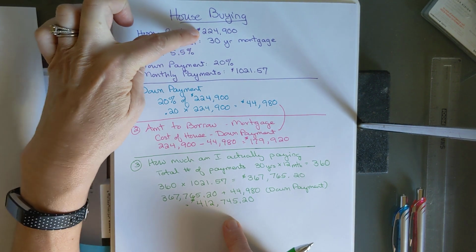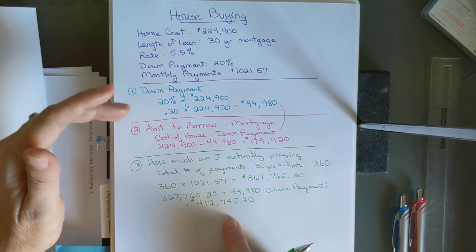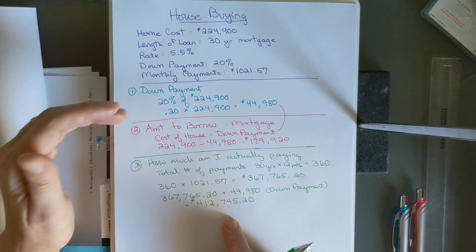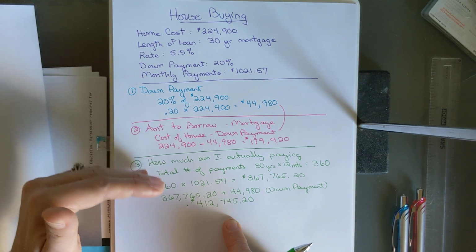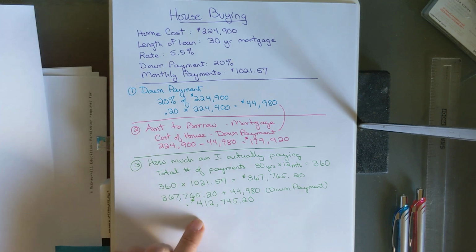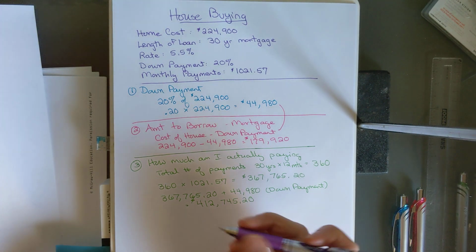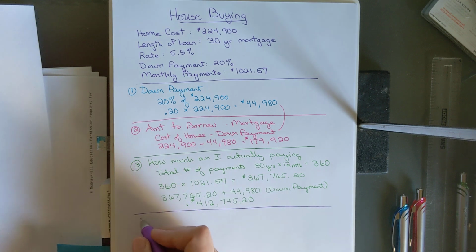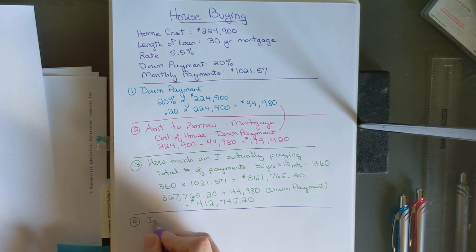So here I am, I'm buying it, it's for $250,000. 30 years later, after I make my down payment, I borrow the money, I pay interest on the money that I borrowed, my house is actually going to have cost me $412,000. That's approaching $500,000. That kind of makes me a little scared, but in today's housing market, I guess that's pretty normal. So now I want to figure out how much interest